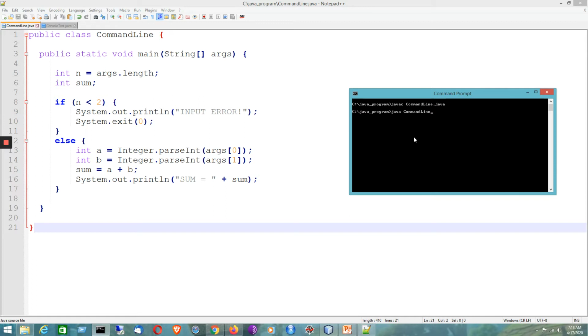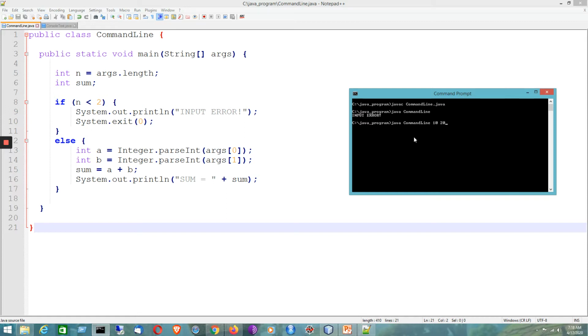But if I press enter without supplying any argument, it will show the input error because the program is expecting some input. So first I did not supply any argument, which is why it is showing the input error. Now I will supply the necessary values, like 10 followed by 20.